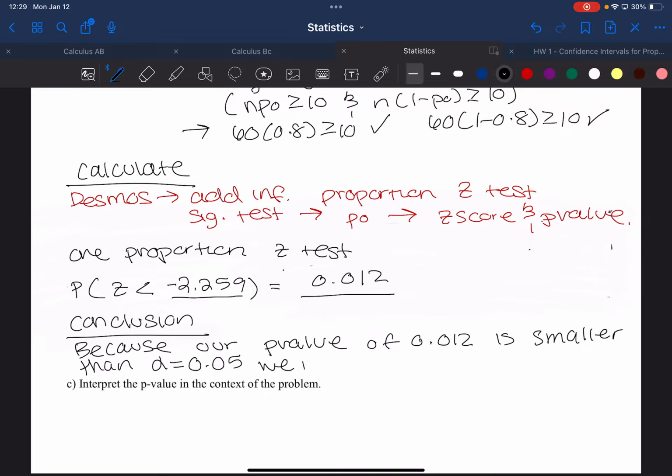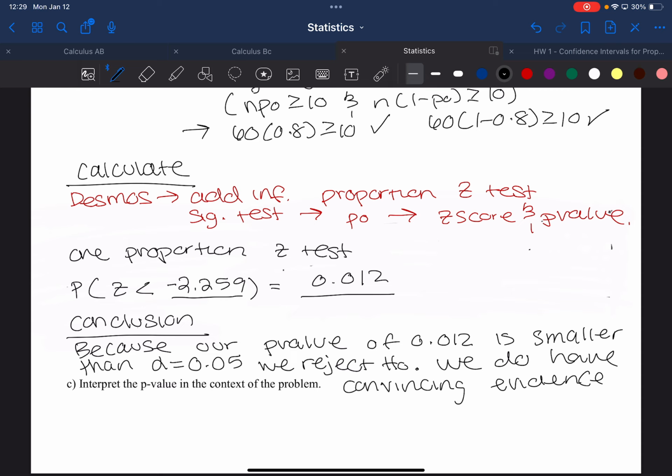So we say we reject the null hypothesis. And if we reject it, do we have convincing or do not have convincing? We have convincing evidence. So that's our first sentence: we reject the null hypothesis. Then we say we do have convincing evidence that the population proportion,